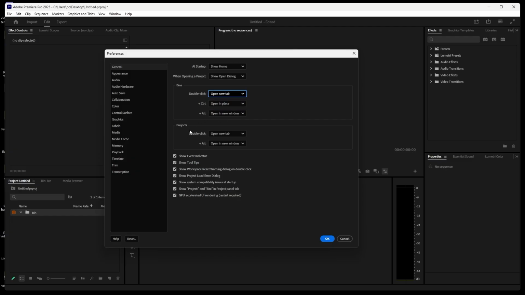And these are the projects. Double click opens a new project in a new tab. So you can double click this one, or otherwise keep this as it is, right? Plus Alt opens in a new window or a new tab. This also keep as it is, and mostly don't change these settings. Whenever the requirement is there, then only you can change, otherwise it can affect your